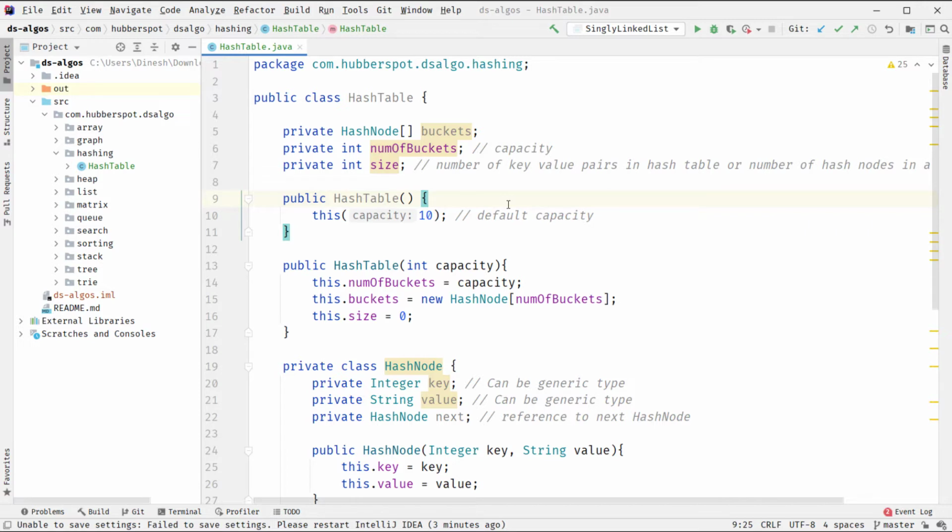And the second use case is, if the key is present, then we don't put the key value pair, we simply go to that key and update the value for that key. So if the key is present, then we simply update the value. We don't add the key value pair in our hash table because the key is already there.